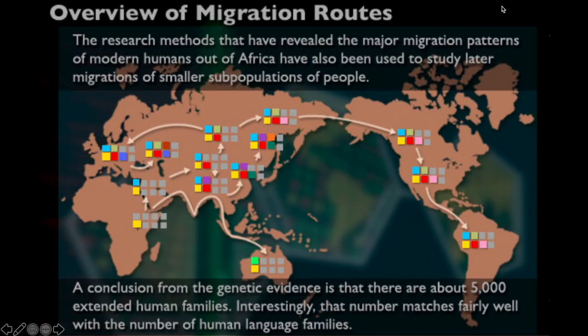Say for example, in our exam, I ask you, what does this single nucleotide polymorphism mutation or these genetic markers that we have mean to our population? What will you say to me? Or what will you use as evidence for the migration pattern of humans out of sub-Saharan Africa? Will you use fossil evidence? Will you use genetic markers? Will you use language groups? Things like that.